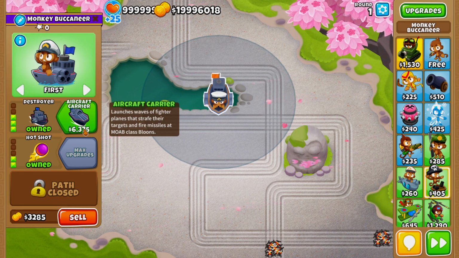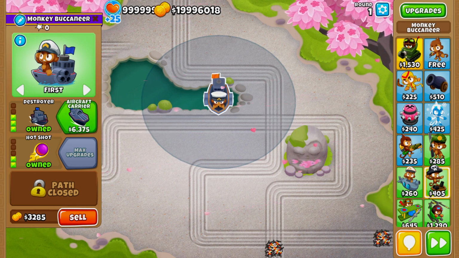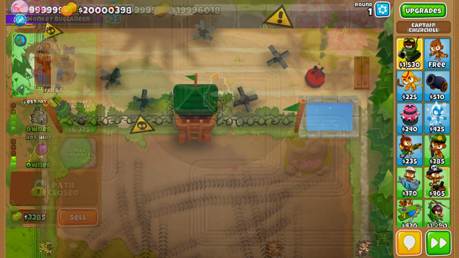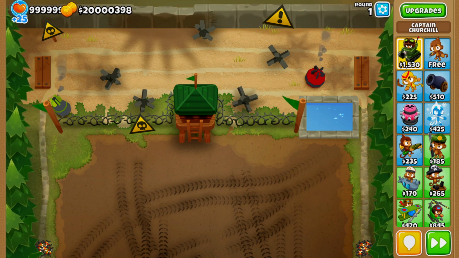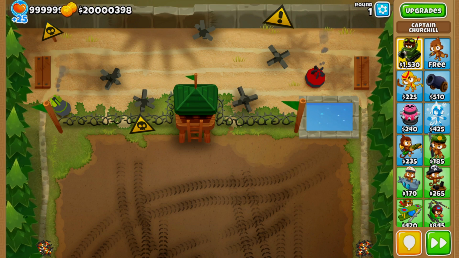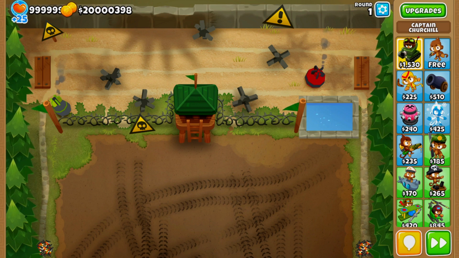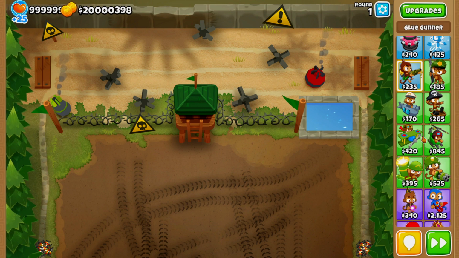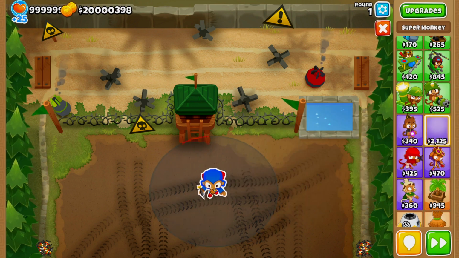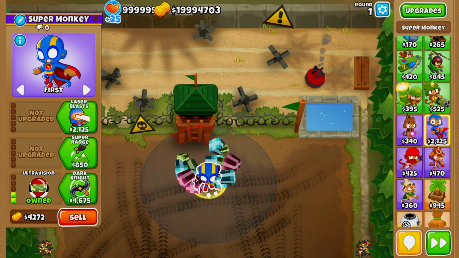So now that we went ahead and covered the number 3 spot, let's go ahead and jump into the number 2 spot. Alright guys, here we are at number 2. And I'm fairly certain number 2 and number 1 are going to come to no surprise, because I'm fairly certain we're all thinking the same thing here. For the number 2 spot, I'm going to go ahead and go with the Super Monkey upgraded to the bottom upgrade